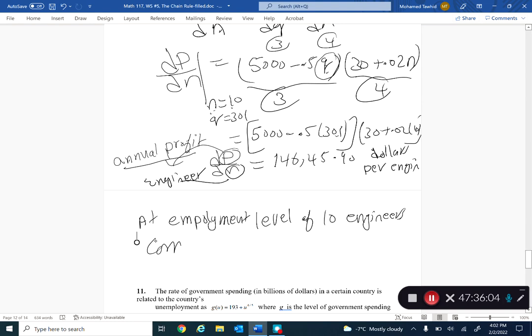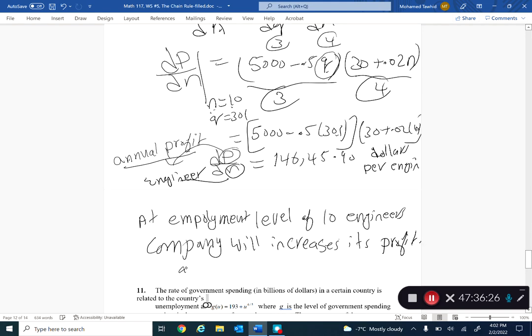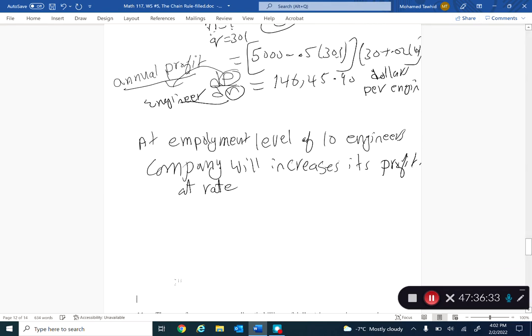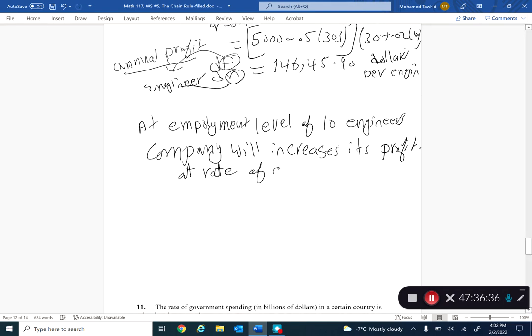The company will increase its profit at a rate, I'm just writing the rate here, I'm just explaining this one here, at a rate of approximately